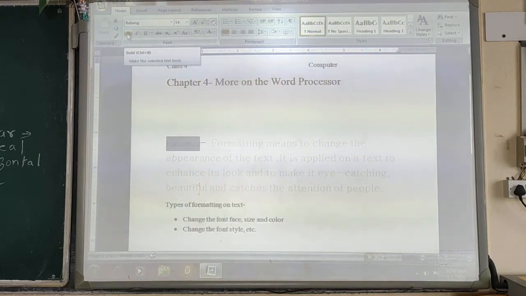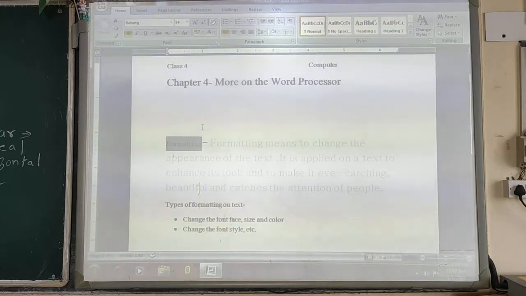Or another method you can use is that after selecting the text, you can press the shortcut key Ctrl plus B. And now you can see the particular text which we have selected has been marked as bold.